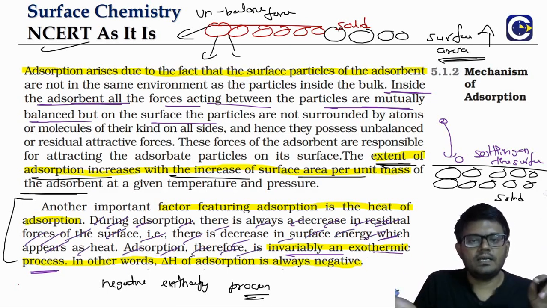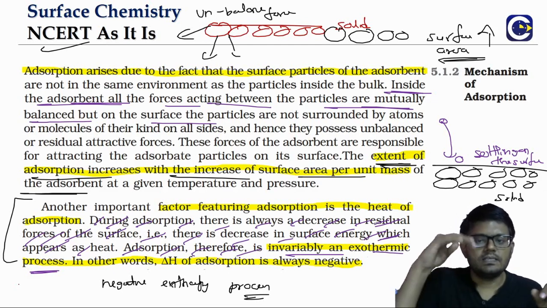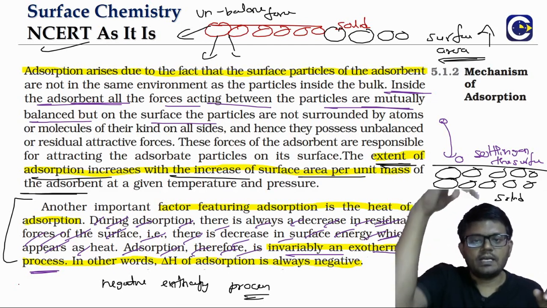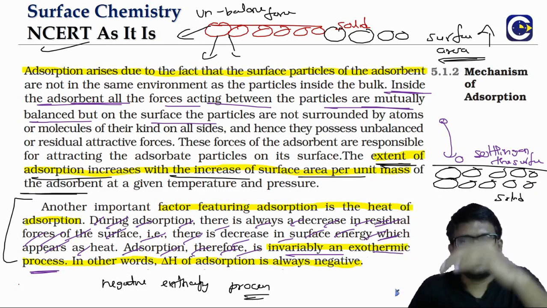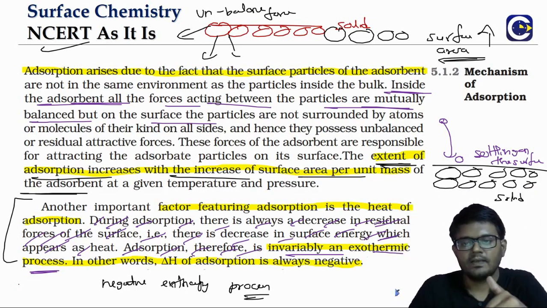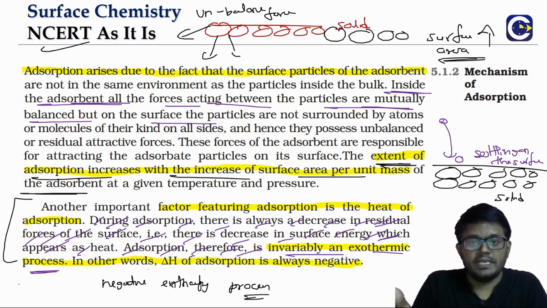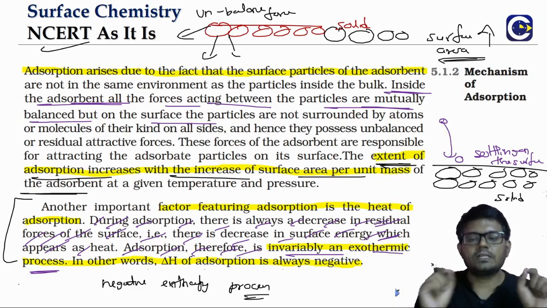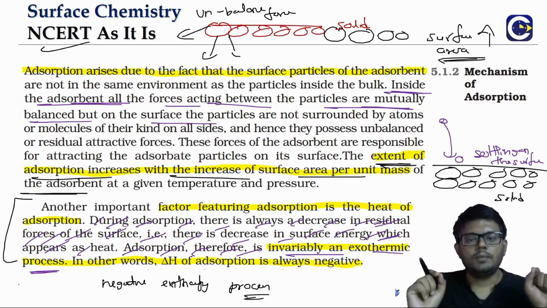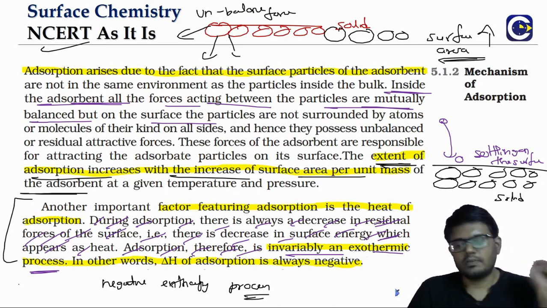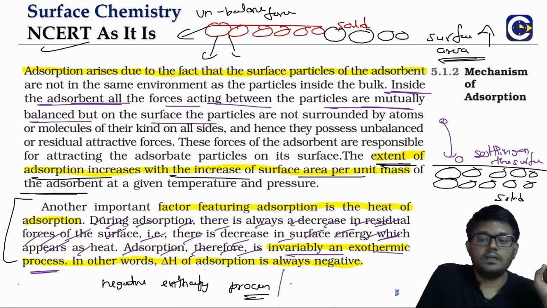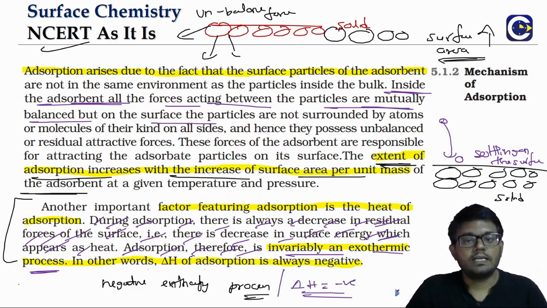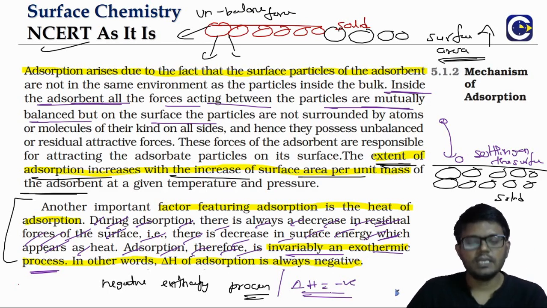But the way we can understand how heat will be released is, just think of adsorption like condensation. The particles from the gas are coming and settling on the surface of the solid, means what? Condensing. To evaporate, we have to supply heat. In condensation, heat will be released, right? As simple as that. Any adsorption you see will always be a process which has energy released, means exothermic. How do we show that in terms of enthalpy change? Exo means delta H will be negative. So this is about the enthalpy change in an adsorption process.